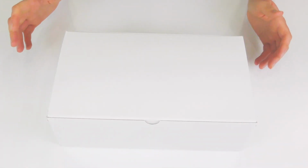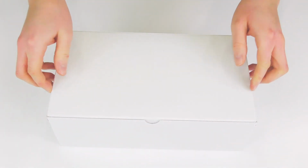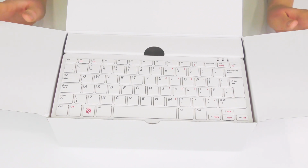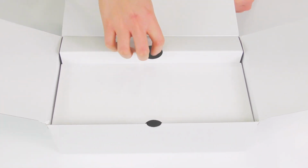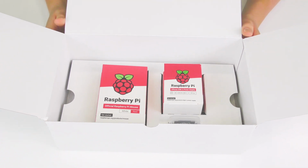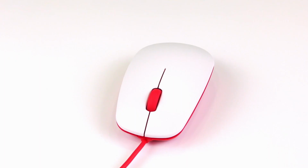So the Raspberry Pi 400 arrived in this box. Opening it up, we can see that the Pi 400 is at the top. Let's go ahead and remove that, set that off to the side, and remove the spacer. And then we get to the accessories. First up is the official Raspberry Pi mouse,